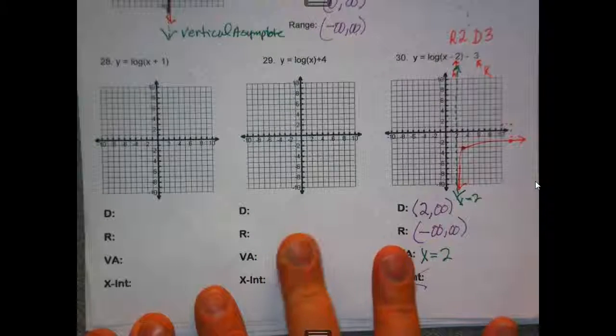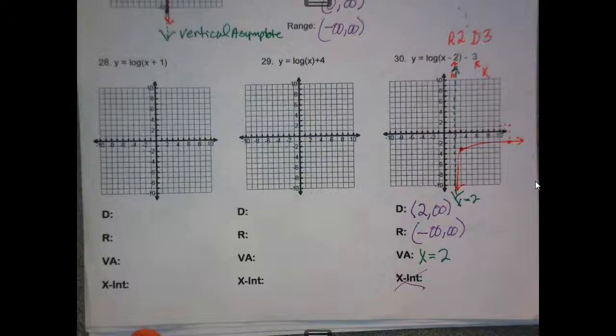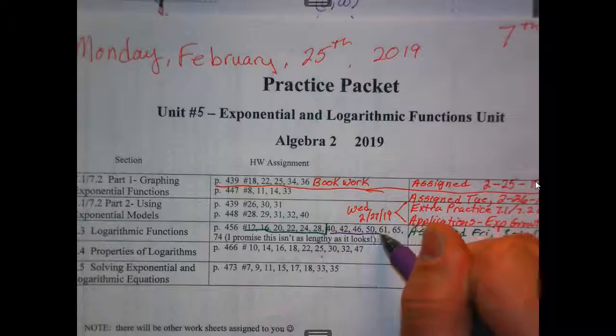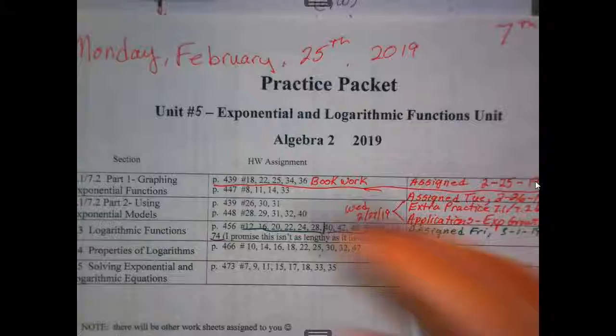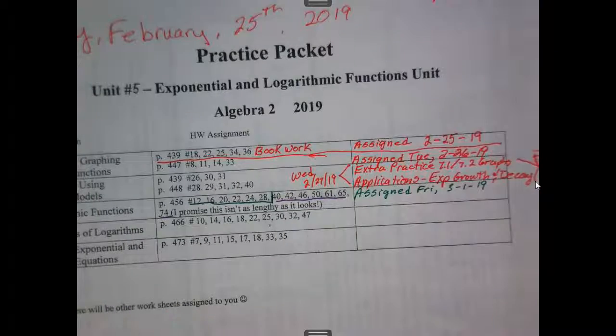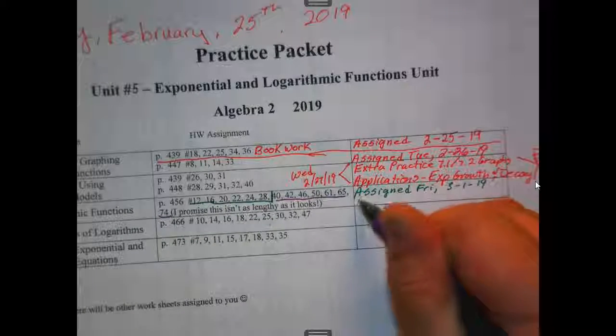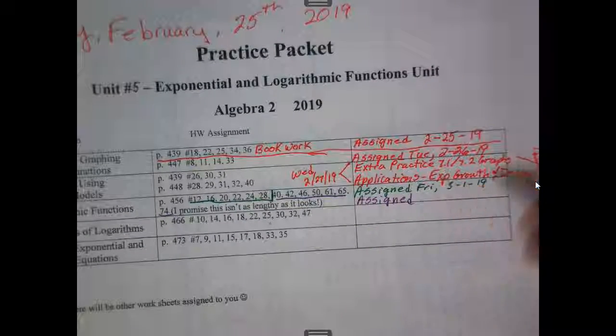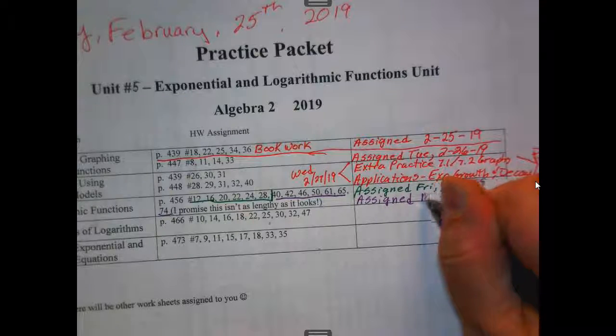For practice, I would do these other two. And for practice, if you do the homework, do 40, 42, 46, 50, 61, 65, and 74. Now, it took me, again, 4 minutes to do this. I expect you to take 6 minutes. So if you walk out of here with homework,